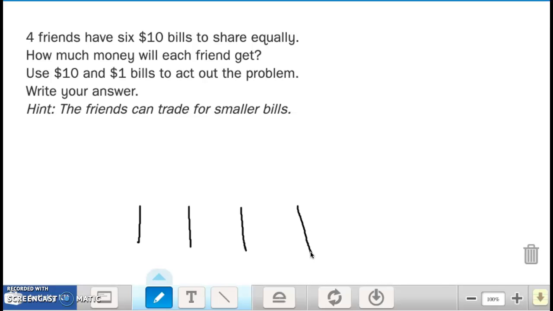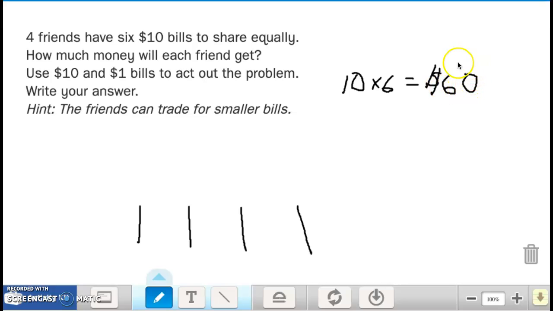And so we have four friends and they have six $10 bills. How much money is six $10 bills? 10 times 6. What would that be? I hope that you said 60. So that would be $60 is what they have all together. Okay, $60. And there's six $10 bills. Now,